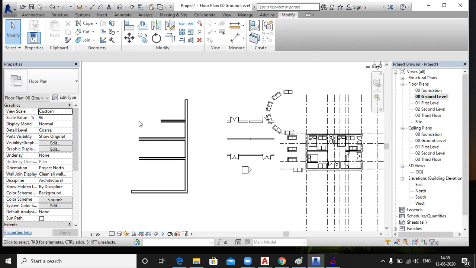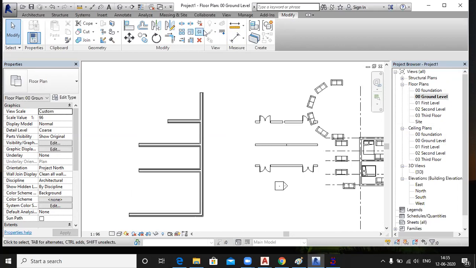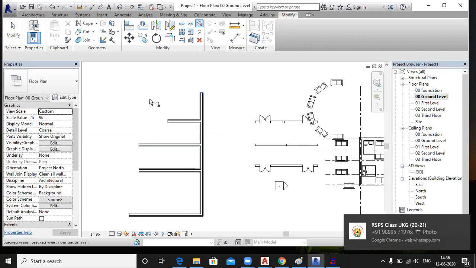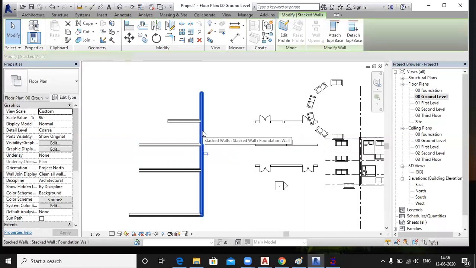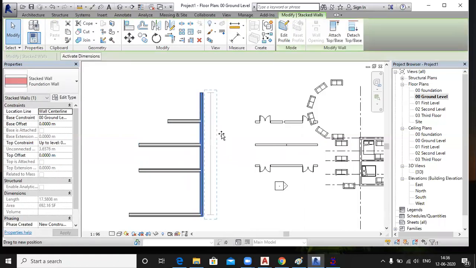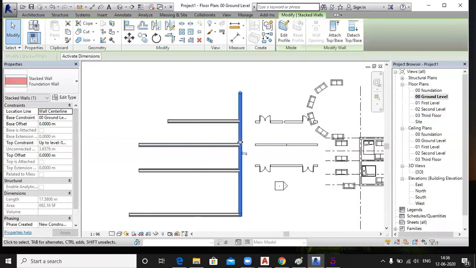First I want to unpin these objects, right? And unpin. Now this wall is movable. You can move this wall to here, like this.